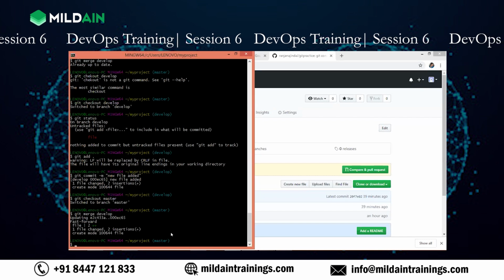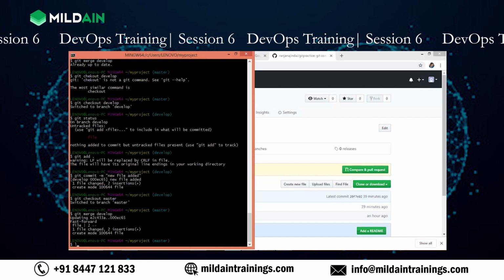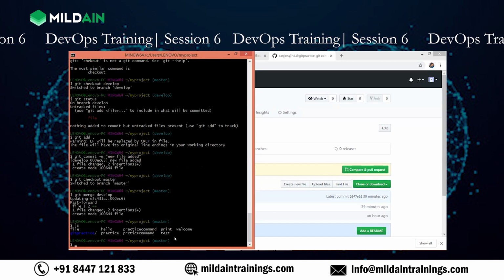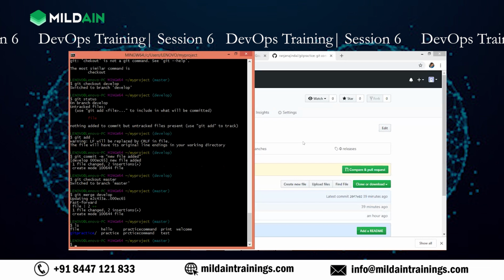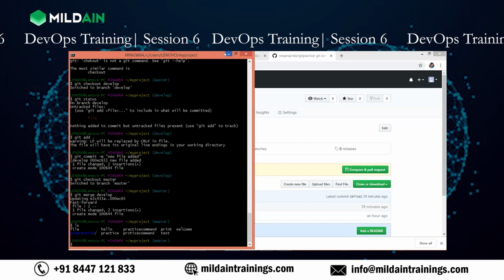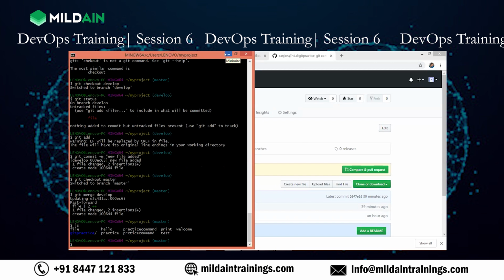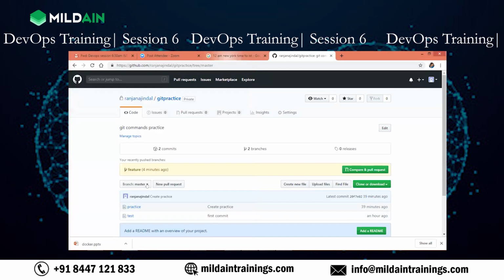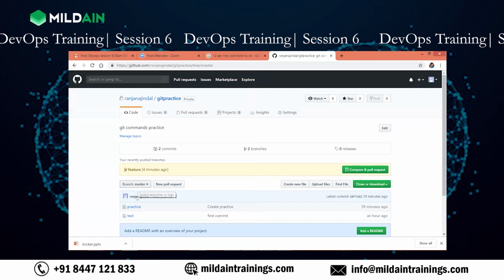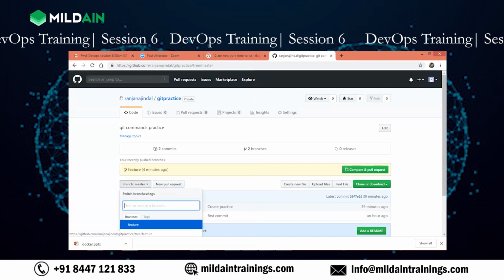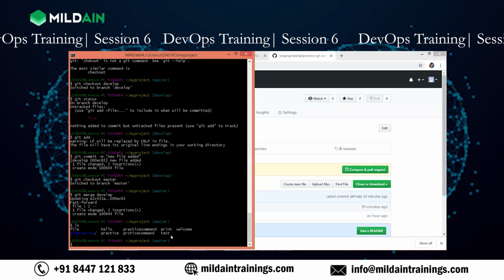Now you will see the changes here. If I say ls in master, it is having git practice, this is all. Now one thing I will see, the difference here: we have feature as well as develop branch here, but there we have only master, because we have not pushed it. If I want to push to the repository,